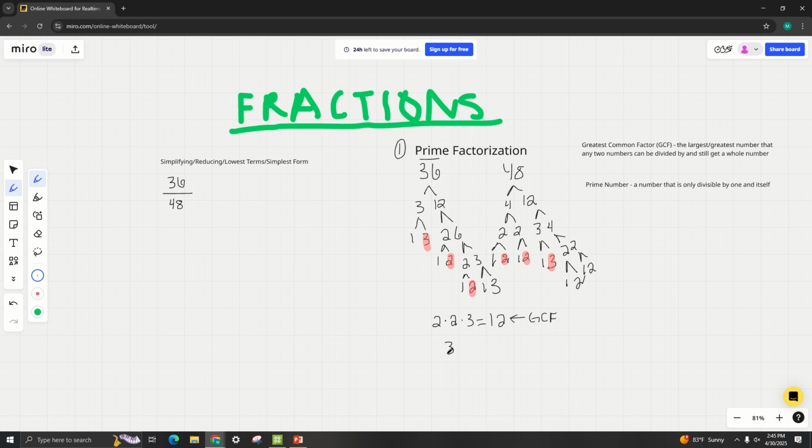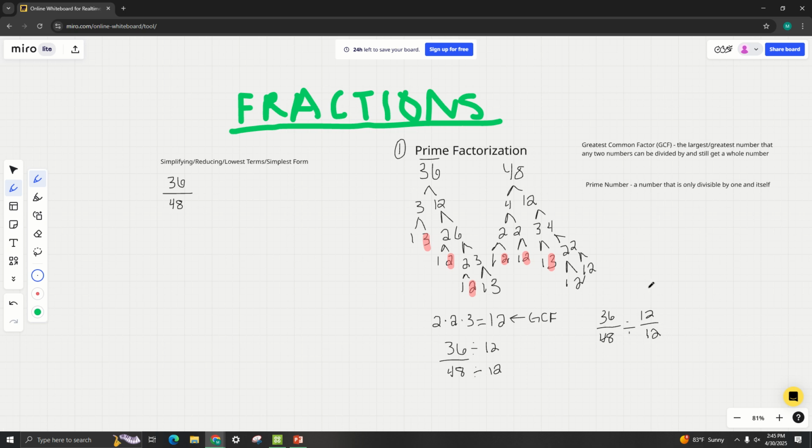What I'm going to do is take my 36 over 48, and I'm going to divide the top and the bottom by 12. I divide them, not multiply. I divide them by the same number. So to show it to you a little bit differently, and I want you to know very clearly that what I'm showing you is not 100% correct. Because if I take 36 over 48 and I divide by 12 over 12, 12 twelfths,